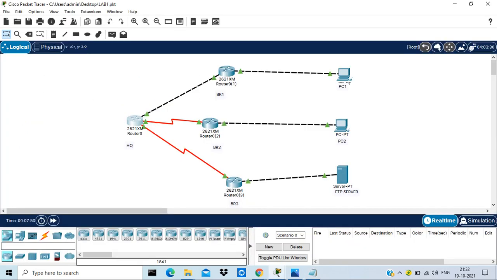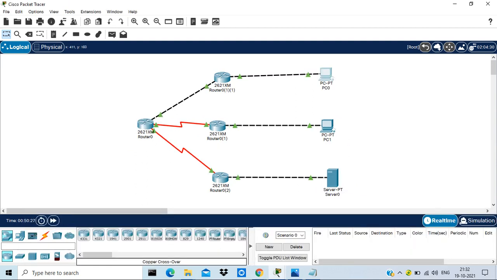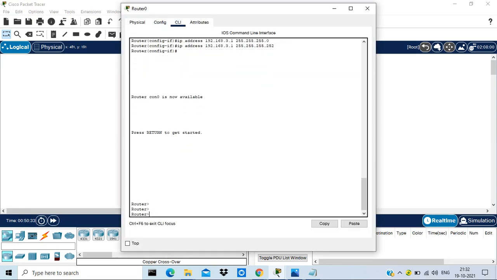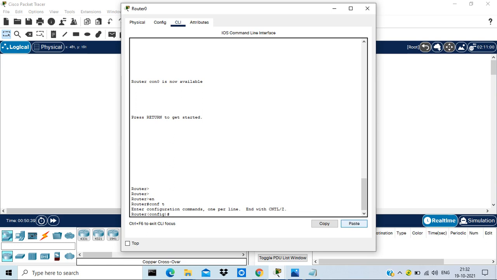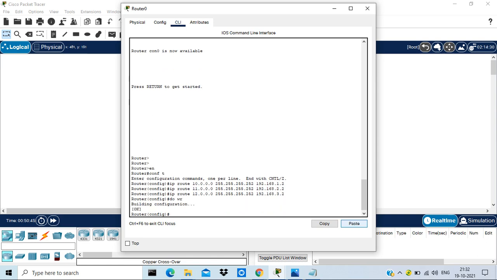So here, going to my head office router, going to the CLI, pasting three commands, and do write. Save the configuration.